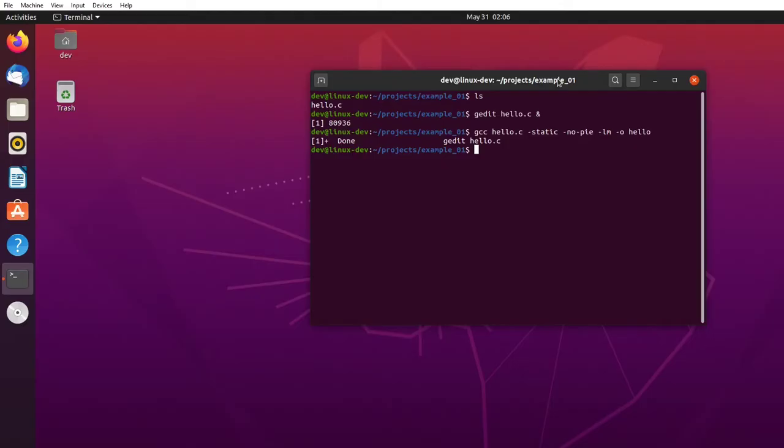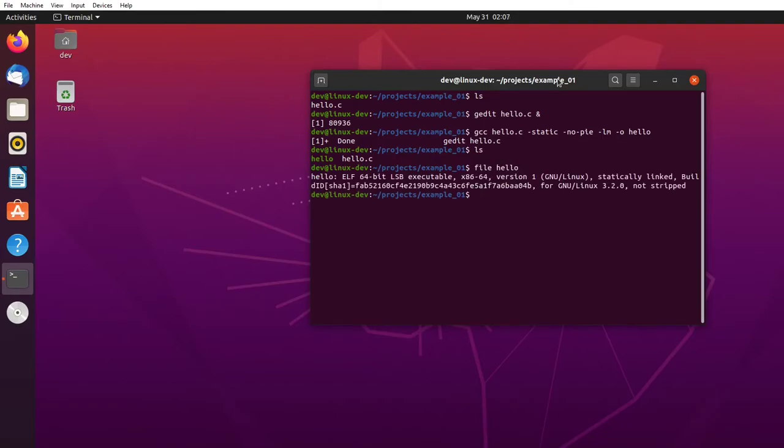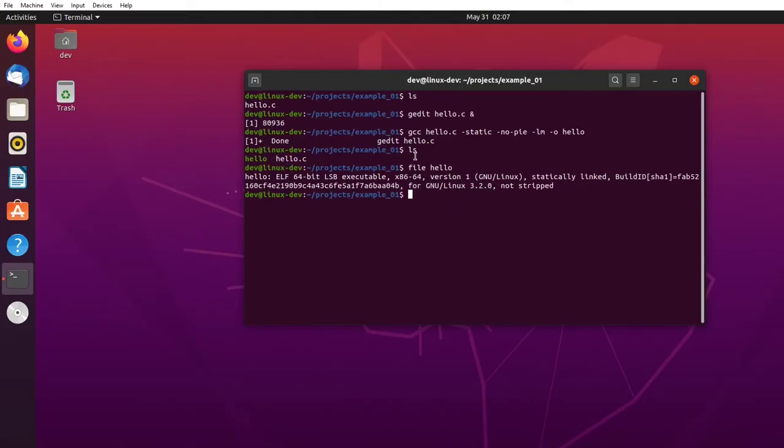Okay. All right. So now we have the binary hello, and if I run file on it, okay, it tells us that it's a 64-bit executable, and the important part for this lesson is that it's statically linked. Okay. All right. So if we wanted to see if there were any